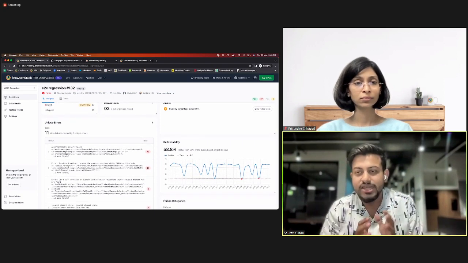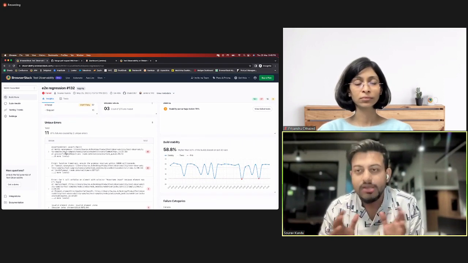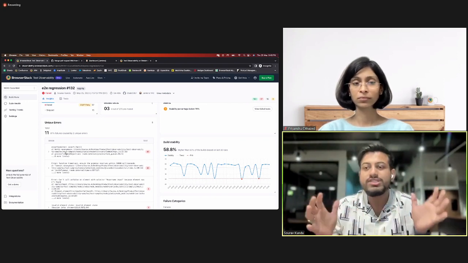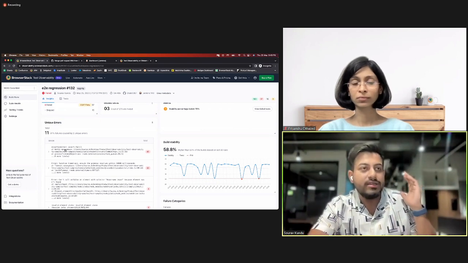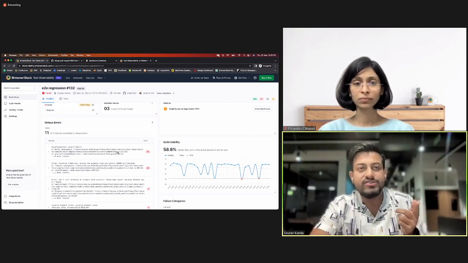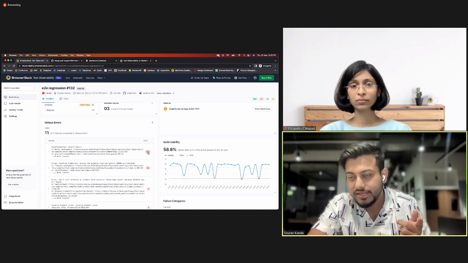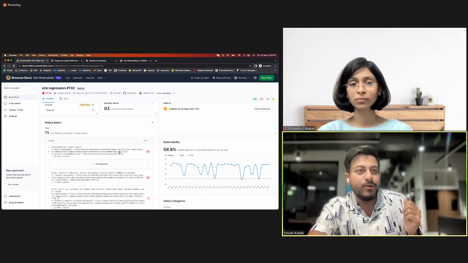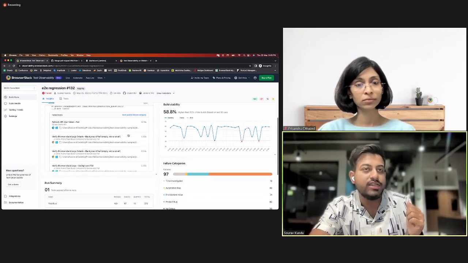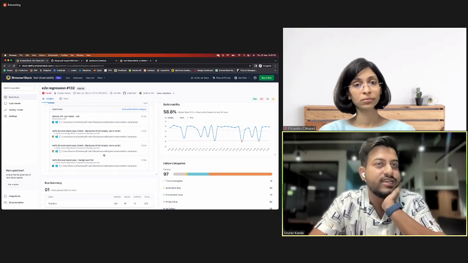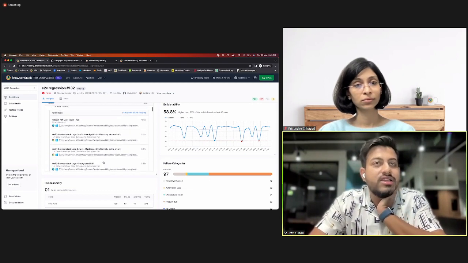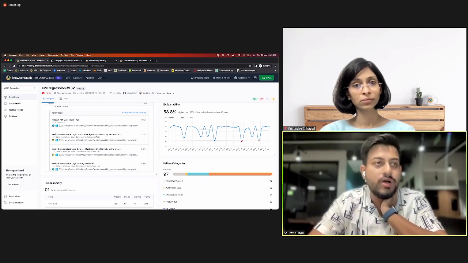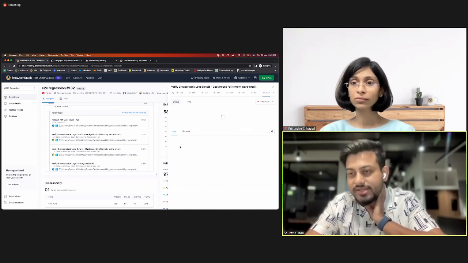It is based on some machine learning models, and they are able to classify errors based on similarity. So when I say this particular assertion error, this error was responsible for 48 test cases failing. This is a common cause failure, right? You go deep inside, and you can see all the test cases that have been failing. These are all the test cases that are failing, and likely they are failing because of the same reason. So you can just click on one of them and start your debugging from here itself.